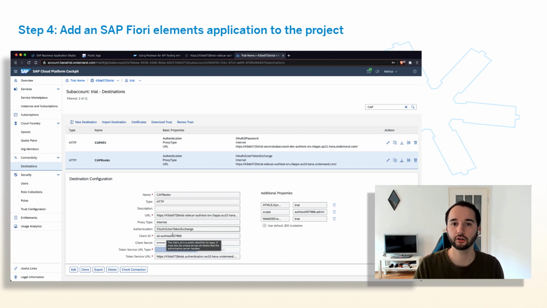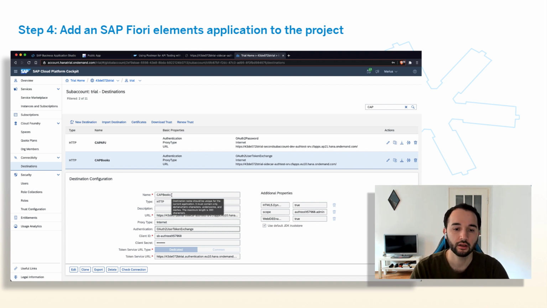And then when I log in with my user here as Marius, the destination service exchanges my current token for a token of that particular CAP service. So basically, anyone who is allowed to access the CAP service can access the Bookshop Fiori application later on. So I don't want to go into more details. I know there are a lot of details that I didn't mention now, but all you need to know is